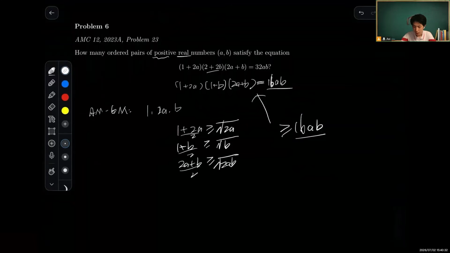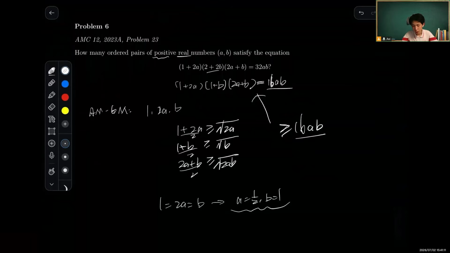So that means we are trying to locate when we can take the equal sign. And that is when 1 is equal to 2a and is equal to b, which is a equals 1 over 2, b equals 1. And this is the unique solution. This is the only thing in the real realm that satisfies the equation. And we're done. Again, even though it is problem 23, because AMC12 really thinks inequalities are a hard topic,